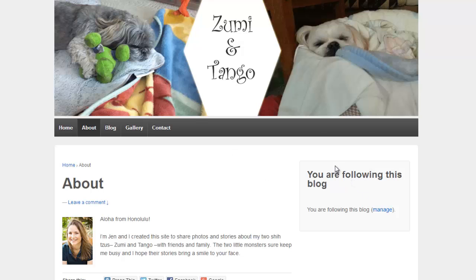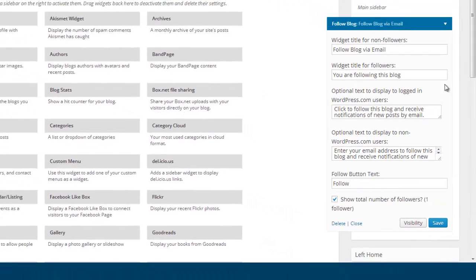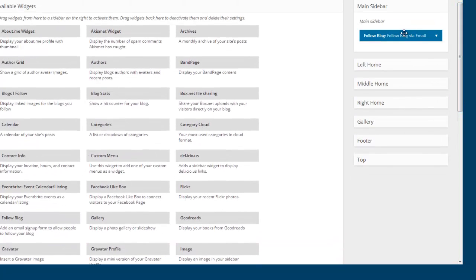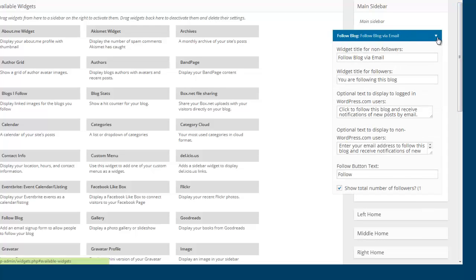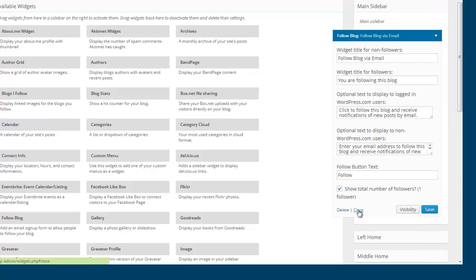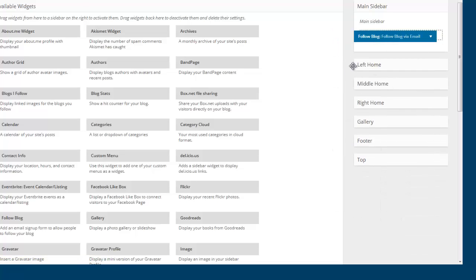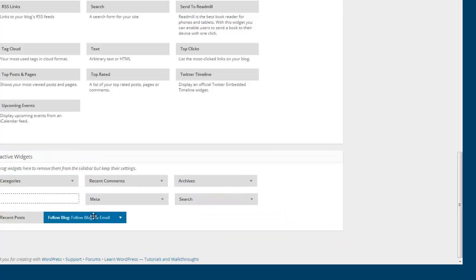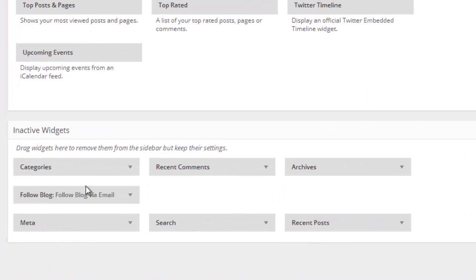So again, if you don't like the way the text appears here, you can customize that in this widget. So let's just close this. If you decided that you weren't sure you wanted to use it, but you've done some customizations, do not click delete. Instead, close it and drag it down near the bottom of the page into the inactive widget space. Doing this will save your customizations so that should you decide later you want to reactivate this widget, you can